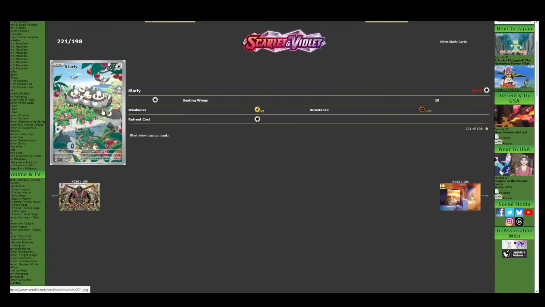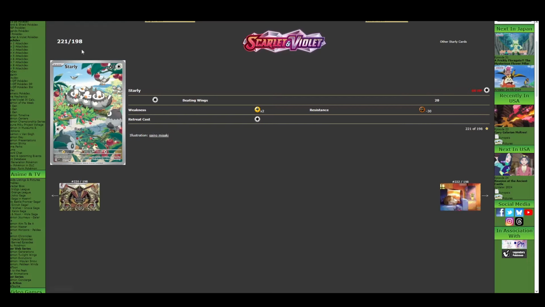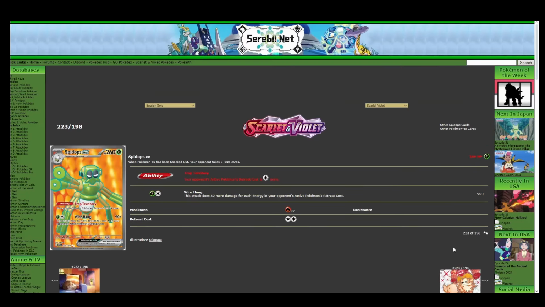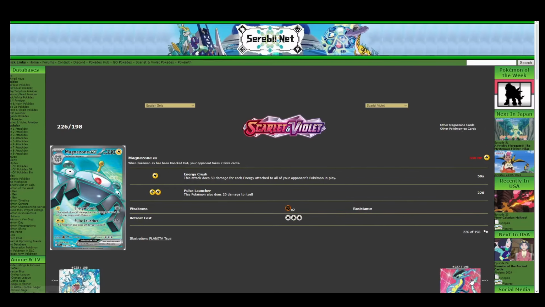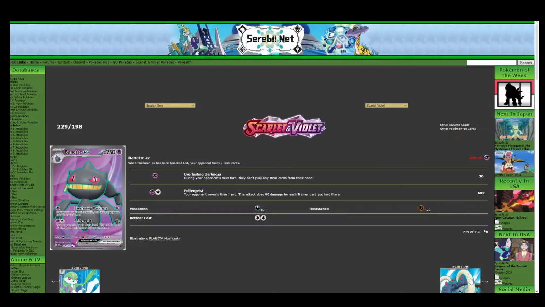Kingambit, Starly, a cute Gen 4 throwback. It's a cute looking card, there's nothing wrong about it at all. Skwovet, and even a Gen 8 throwback. We move on to the full arts. Boom, you got new Pokemon. You got the two Terras, and then you got Magnezone. Boom, new Pokemon. And then you got Gardevoir, Banette, who doesn't get a lot of love, and I think is